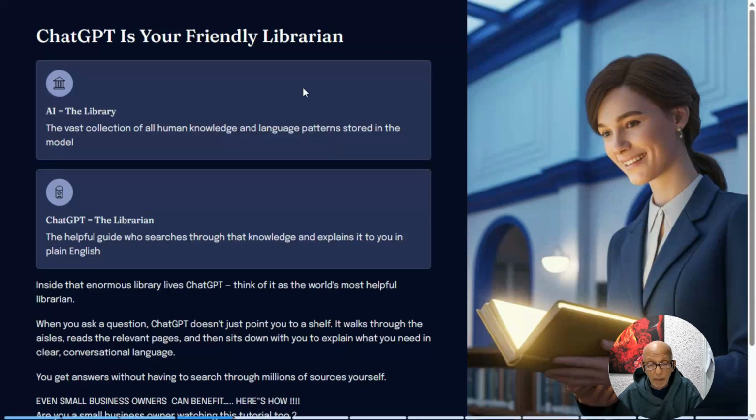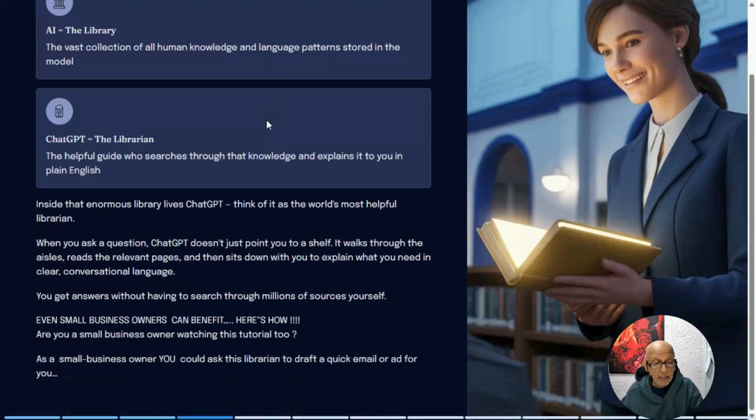I remember I went in there and I asked the librarian, and at that time they didn't have computers, and they would go to a little wooden file cabinet and go through index cards to find the book or the information that I needed. Okay, so now inside that enormous library lives ChatGPT. So think of ChatGPT as the librarian that you go to when you need information from AI.